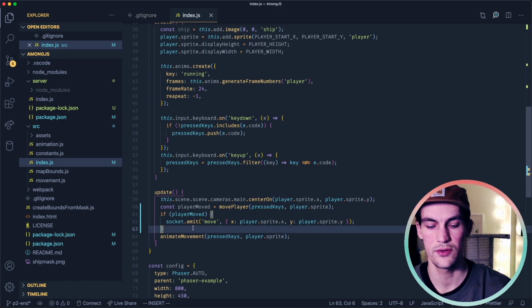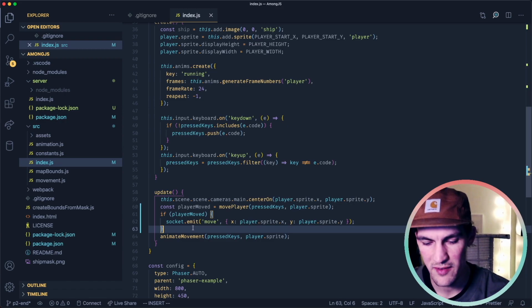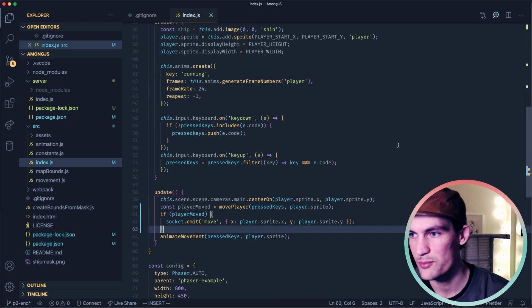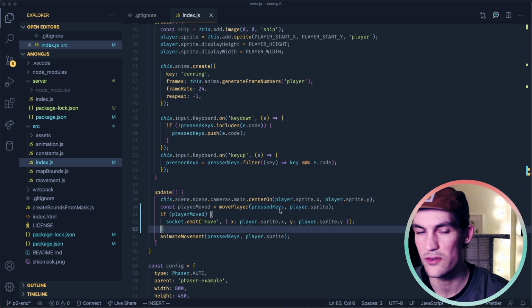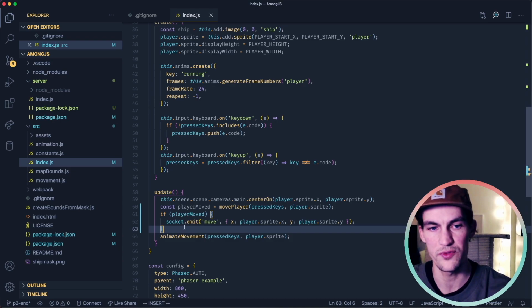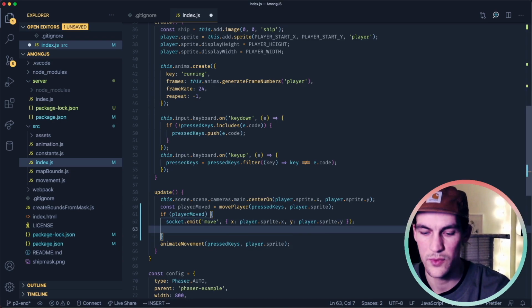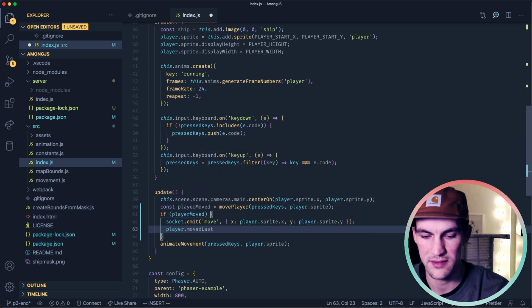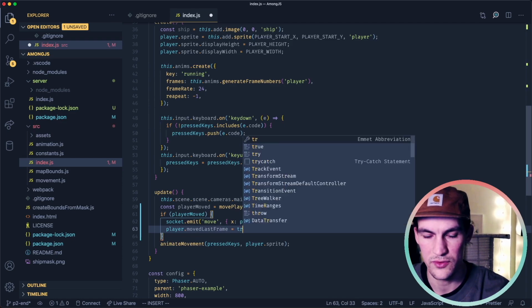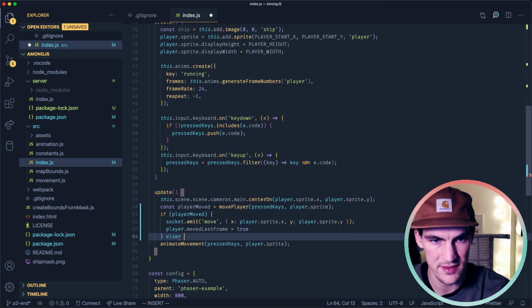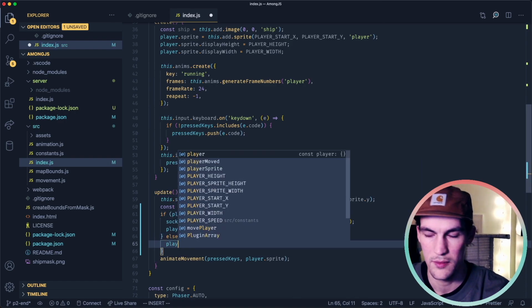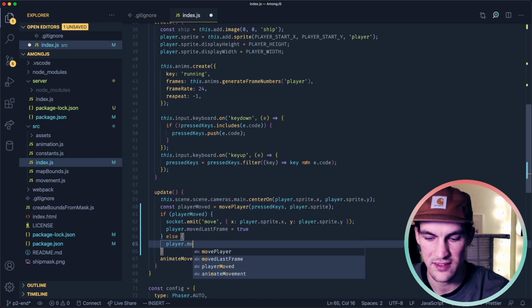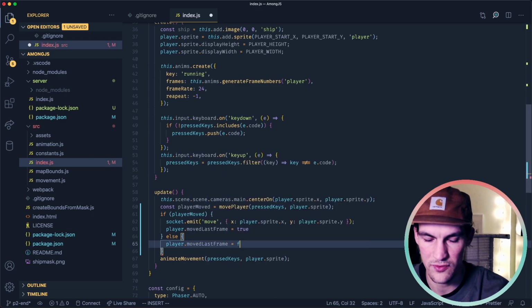Because we need to stop and start the player move animation, we need to create another boolean to keep track of when the player stops moving. Inside player moved, we're going to set player.movedLastFrame to be equal to true, else player.movedLastFrame will be set to false.